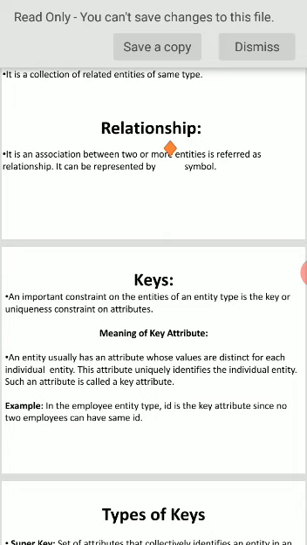By making use of that number, students can write the examination and see the result. Example, in the employee entity type, ID is the key attribute, correct? Since no two employees can have the same ID. Employee ID, that is unique.